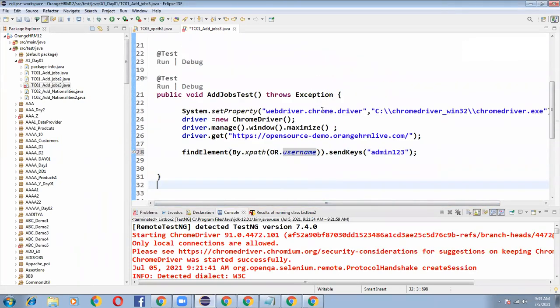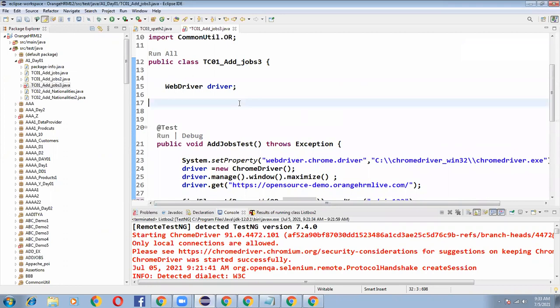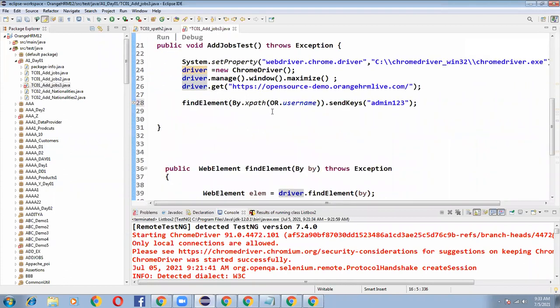So I no need to write XPaths in every test case automation, because these are required globally for every test case. So I'm accessing from there. That's it. Is it clear now? Yes, clear now. So no need to write XPath in every class.